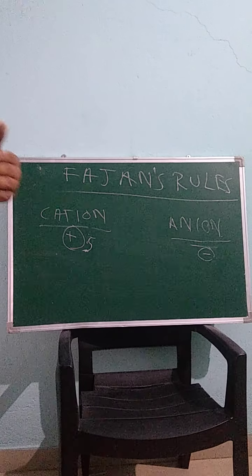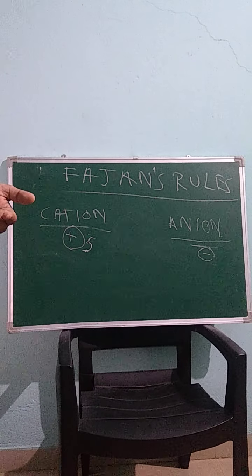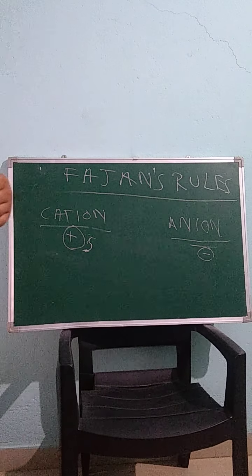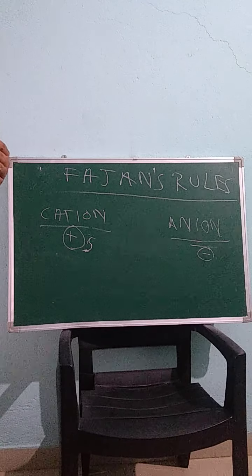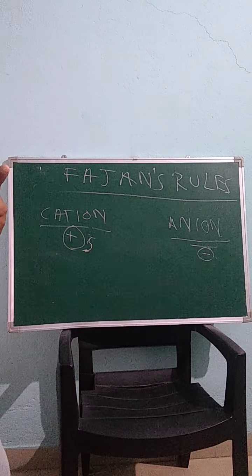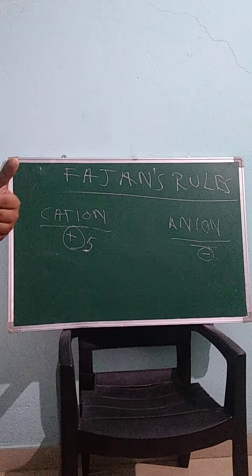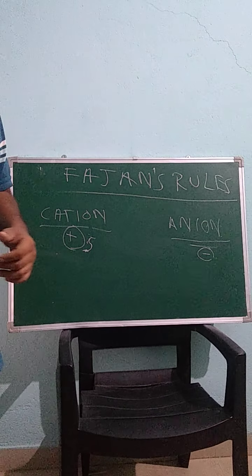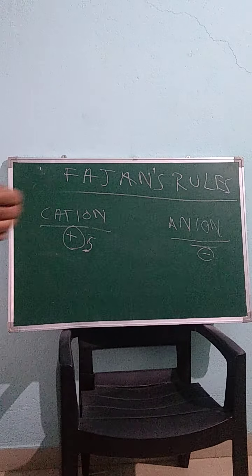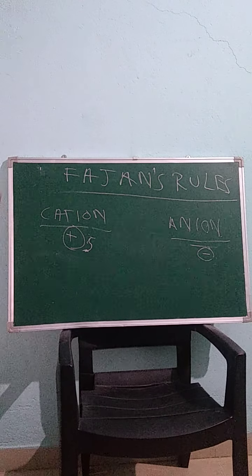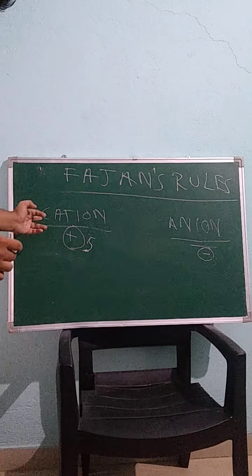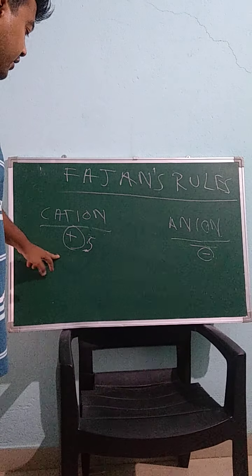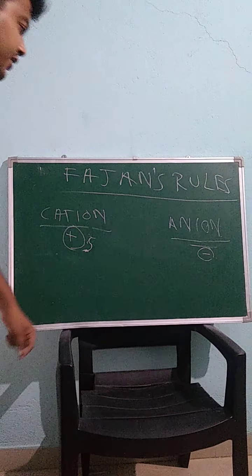In the first case, the cation was donating the electron to the other atom, but because the number of electrons being donated is too much, which is a problem for the cation also, there is a tendency of sharing the electron. In that case, both atoms will enjoy the electrons. So that is the covalent character. As the charge of the cation increases, the covalent character inside a molecule increases. The first rule was related to losing electrons, and the second rule also is related to losing electrons. Now we'll see the third rule.